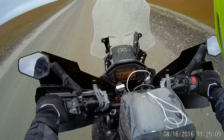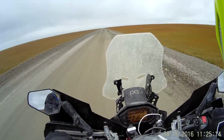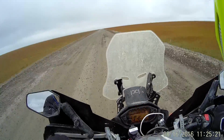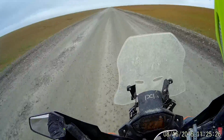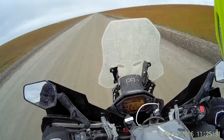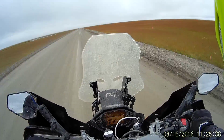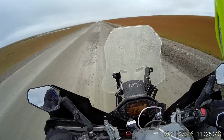A little more airflow in my helmet. Going about 45. Sixth gear. The CB's just humming along sub 4,000 RPMs. This is definitely not where the KLR would have been at. Oh, little sloppy. Those are the few times I could use a steering stabilizer on the bike, is finding that slop north of 40, 50 miles an hour. There were a couple sections on the way up that way. I'm probably going to cut the video off here just because what you see is tundra, and that's what I'm going to see for the next several hours until